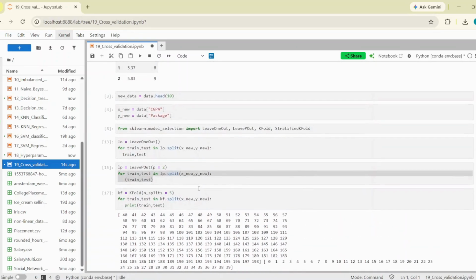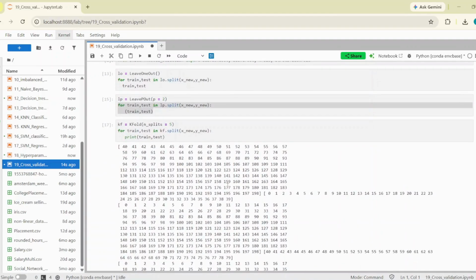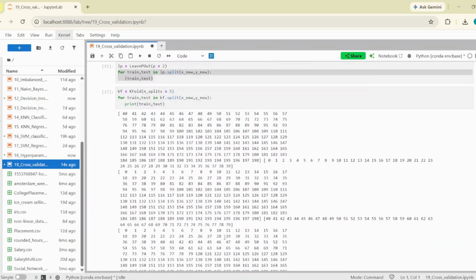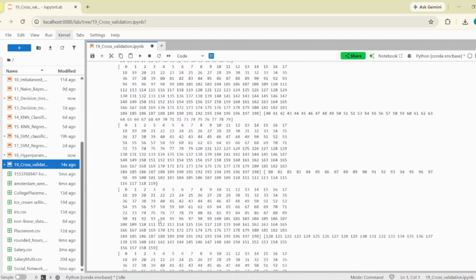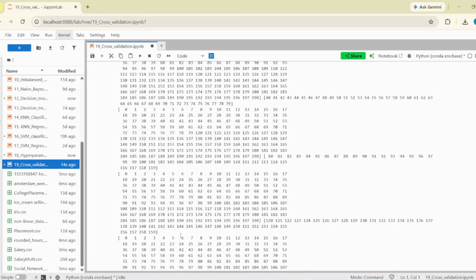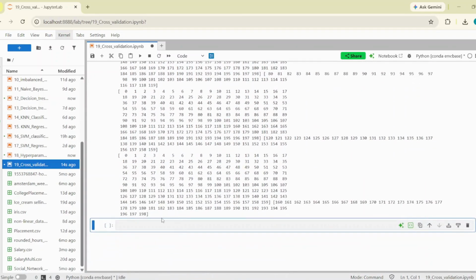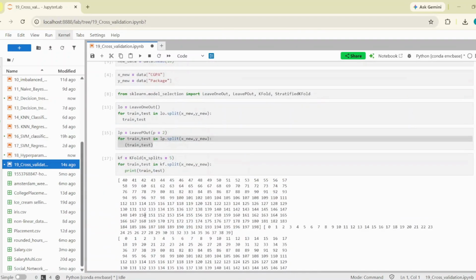So this is how it splits my data into 5 equal parts, taking testing data by itself and training data by itself. 0 to 39 for the first iteration, 40 to 79 for the second, 80 to 119 for the third, 120 to 159 for the fourth, and 160 till 199 for the last one. So this is how